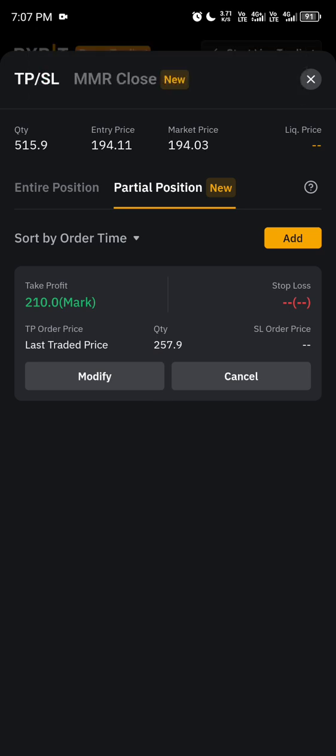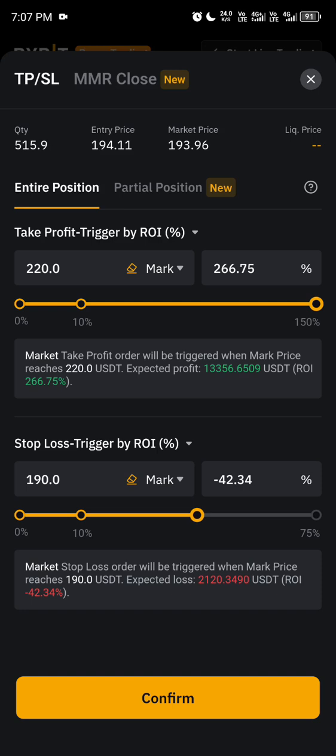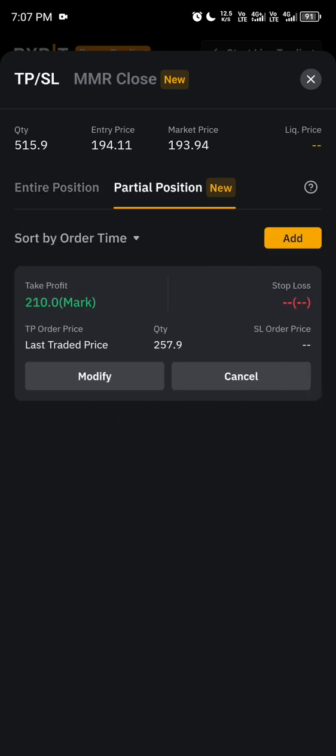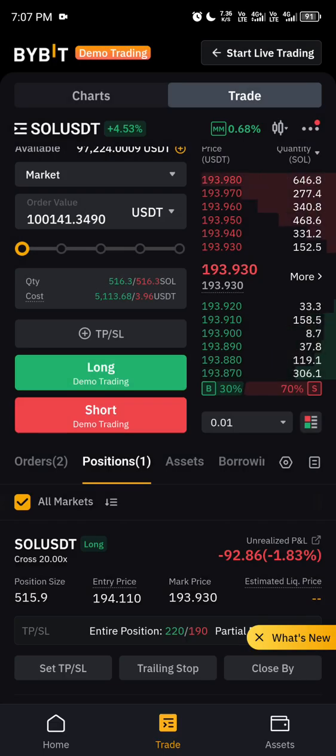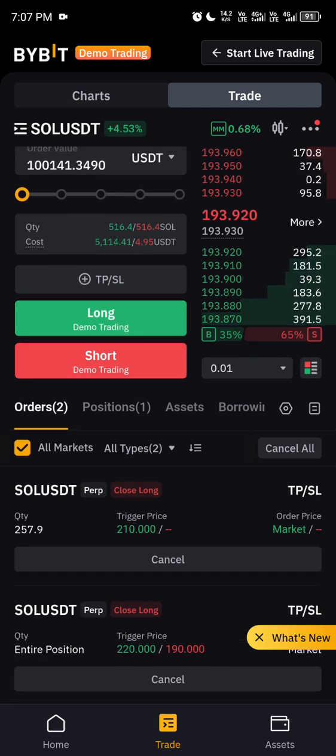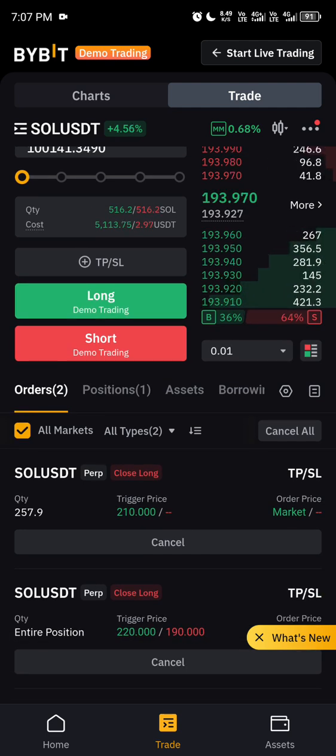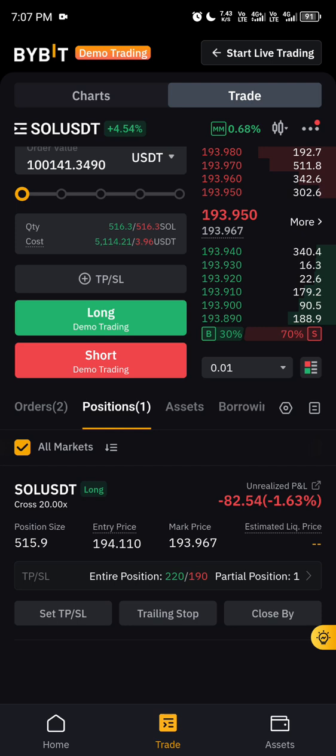I have entire position here. I have partial position here. Look at it. It's going to be in the order section. So now I have two orders, the entire position and the partial position. Now, in cases whereby you are already in significant profit, because that is one way to set partial position. There are actually two ways. In cases whereby you are already in significant profit and you want to close some profit immediately,